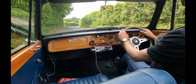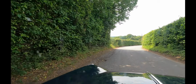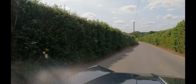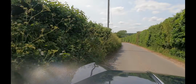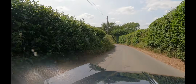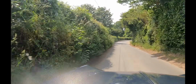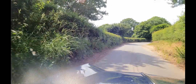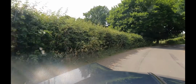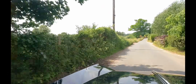I'm going to switch the camera around so you can get a slightly better view of where we are. Driving down these lanes around Wormingford, which was the home to Ronald Blythe until he died in his 100th year in 2023, it reminds me how much and yet how little